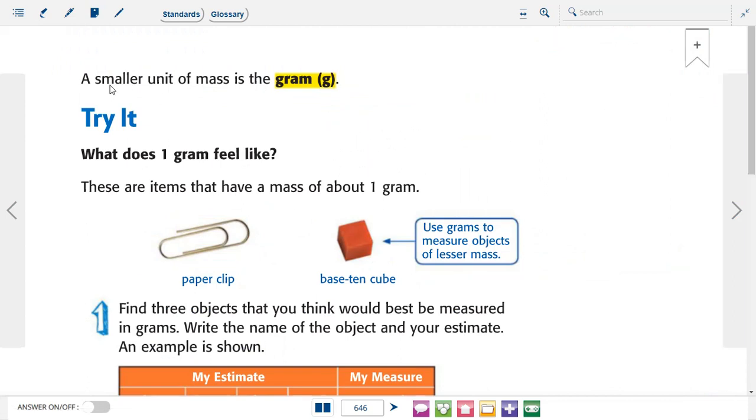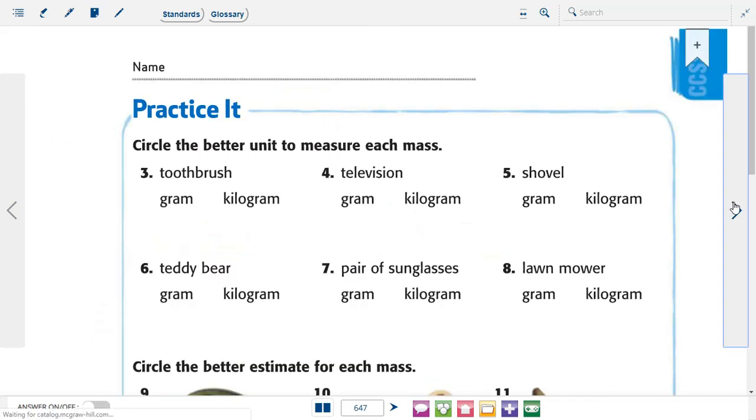Now a smaller unit of mass is gram. So we talked about two mass units. The first is kilogram. We use it to measure heavy objects. So we use gram to measure light objects. Okay, so like the paper clip and pasting cube, they are light, they have less mass. That's why we use gram as a unit of measuring, not kilogram. Also, we're not going to do try it, so skip it, please. Let's answer questions page